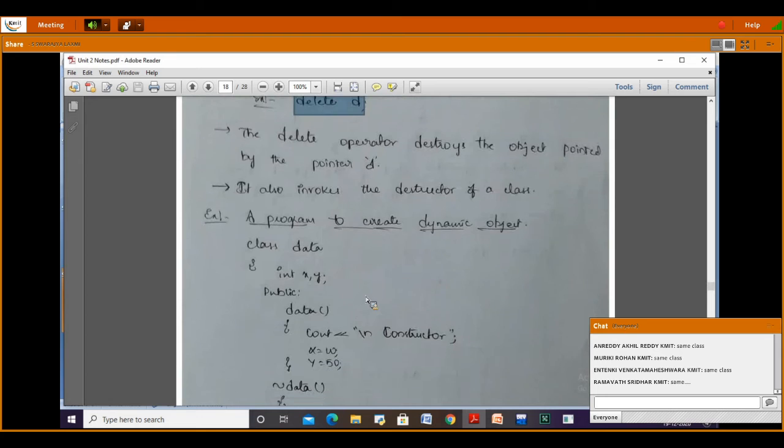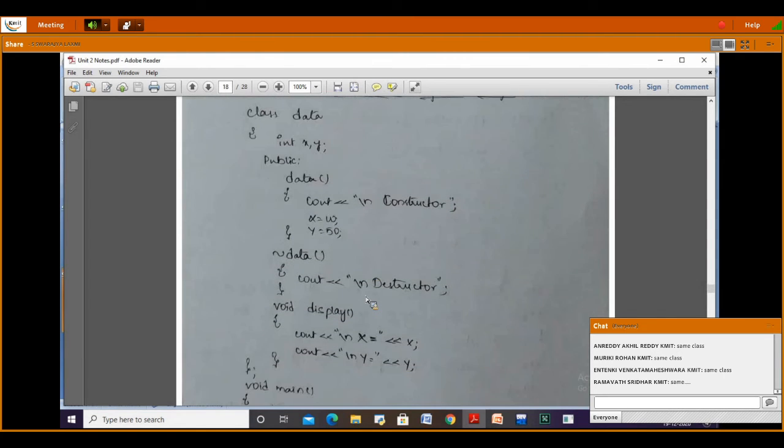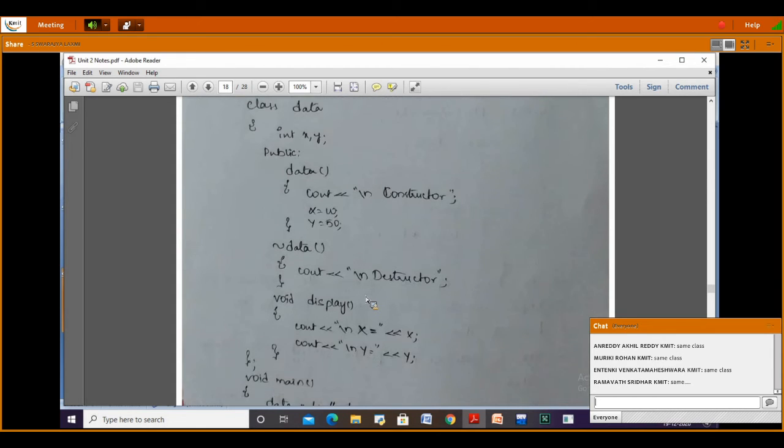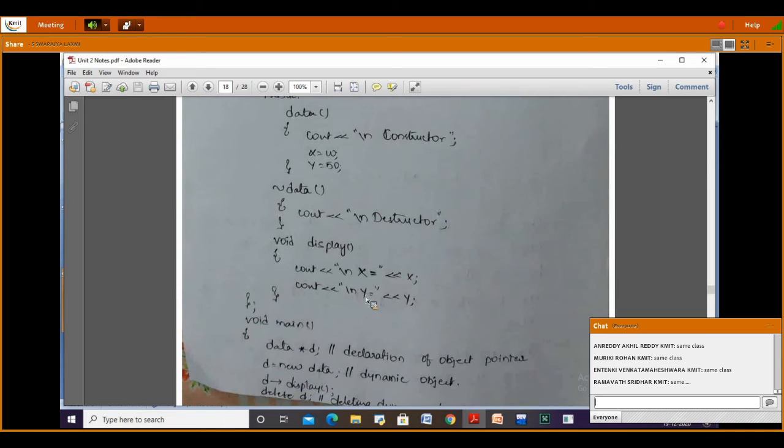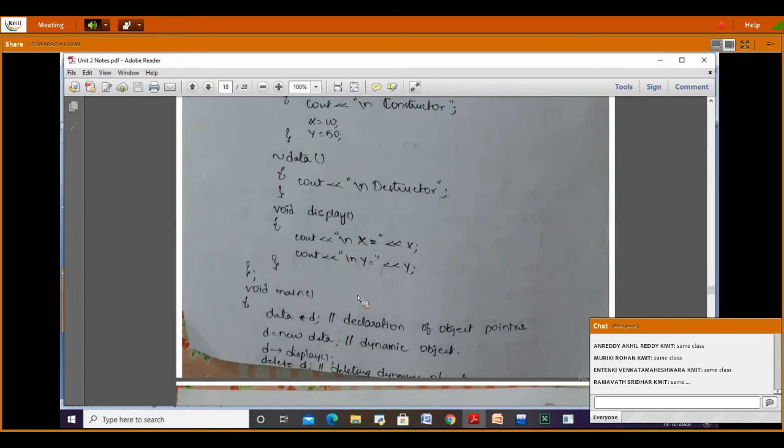We have a simple example here. Class data, int x, y, with x = 10 and y = 50. Then we have created a destructor that displays the values. In the main function I have data *d, which is a declaration of a pointer object.